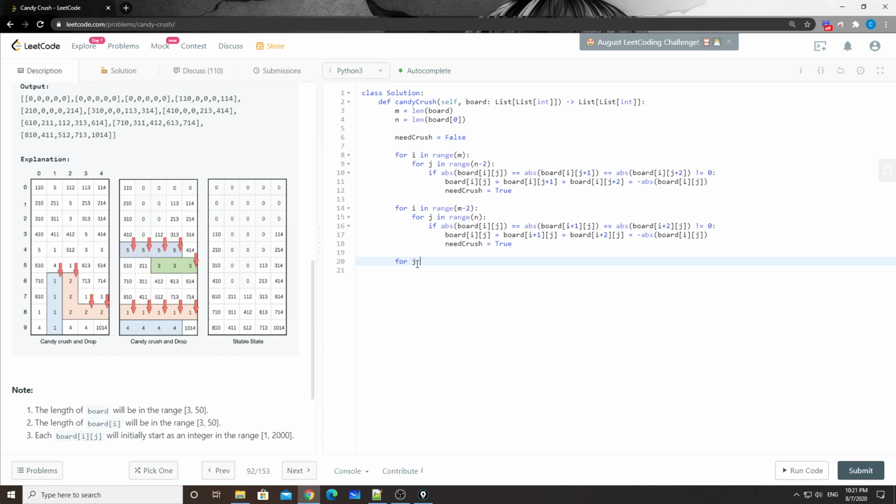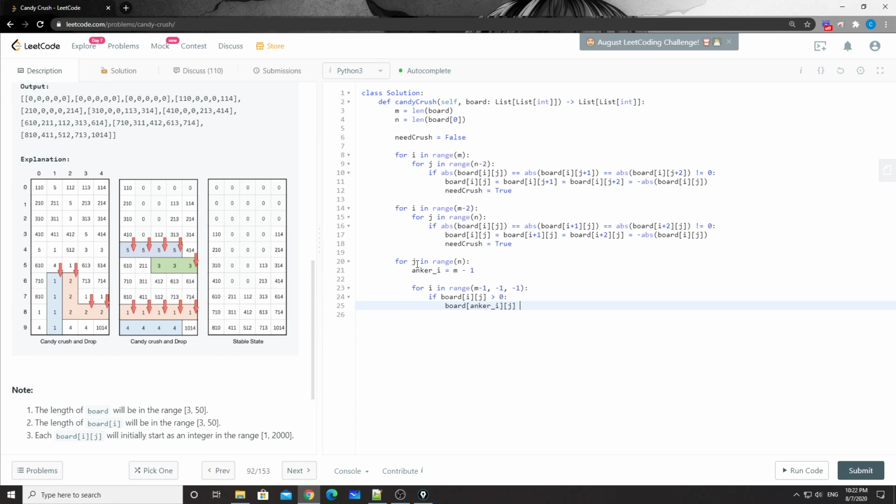So I'm going to use j here, right? Because I'm using the j to represent the column here, in range n. And then like I said, we have anchor I here. At the beginning, it's equal to m minus 1. And we're going to do a for loop here, for I in range n minus 1, minus 1, minus 1, okay? And if the board ij is greater than 0,